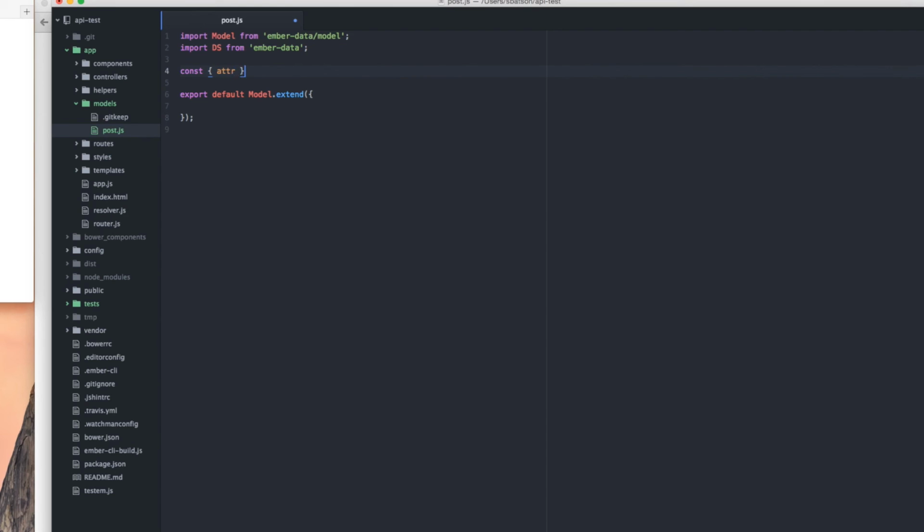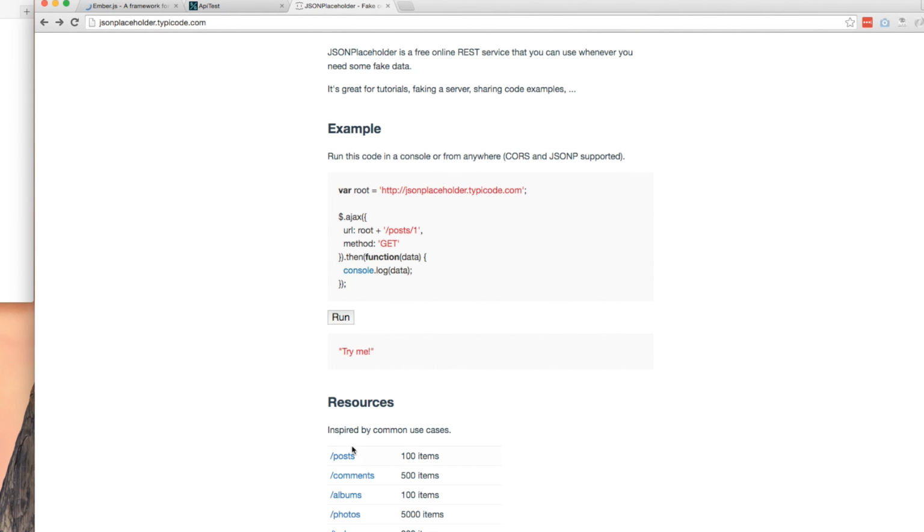I like to extract that from ds directly. That way I can access it just by calling adder here instead of ds.adder. Kind of saves me a couple keystrokes. I think it also makes it a little easier to read for when people come in. So let's go look at the posts again and see what